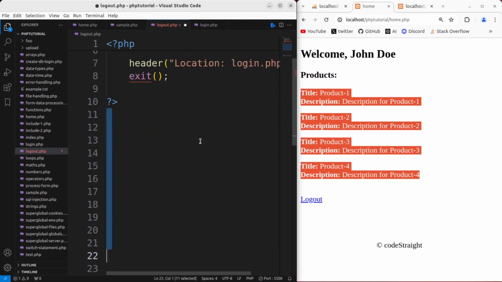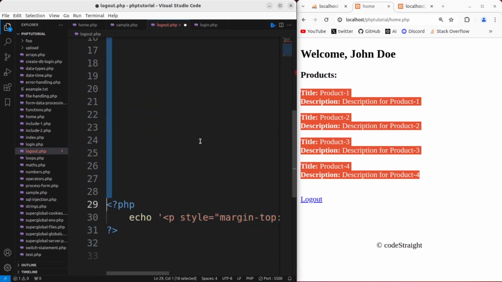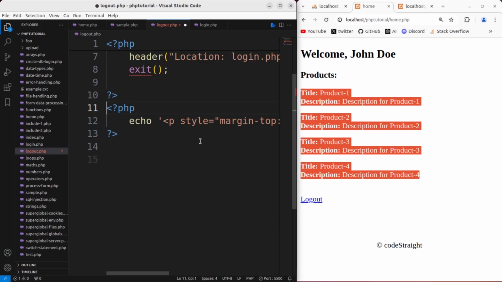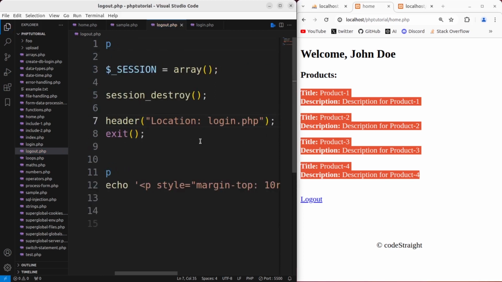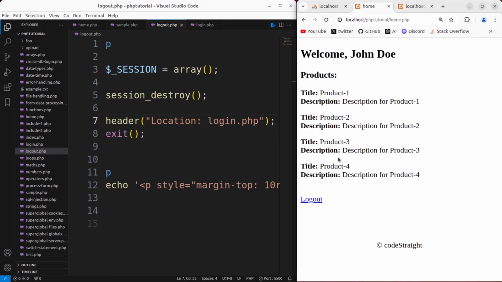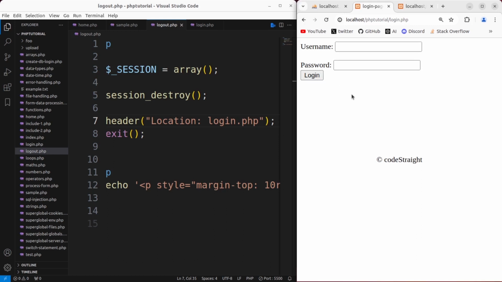And now let's clear this up, and I'm also gonna prettify it, and let's add a semicolon here. Hit save. Now let's refresh the page, and if you hit logout, that takes you to the login page,